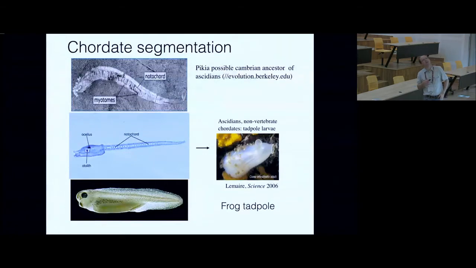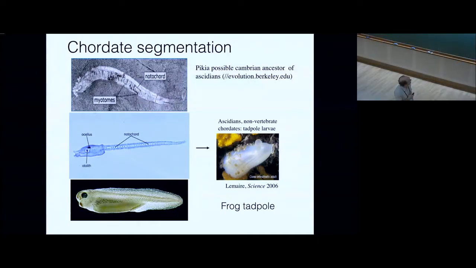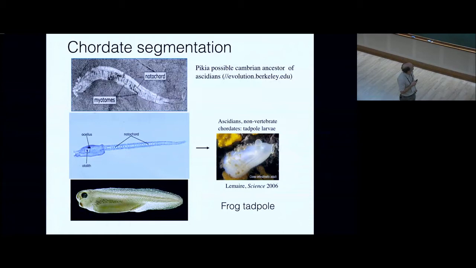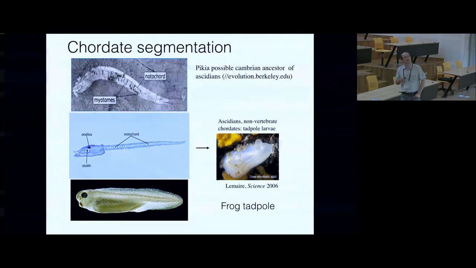So this is our possible ancestor. It's still along the same line. This is an Ascidian, called Pikaia. This is possibly our common ancestor. And you see already in this animal that is more than 500 million years old, these little segments. You also see that in modern Ascidians. So it's something very old that appeared very early, a fundamental process of life. And if you compare it to a frog tadpole, you don't quite see the segments, but you can guess them here. So anyway, it's an old process, and I got interested in it.